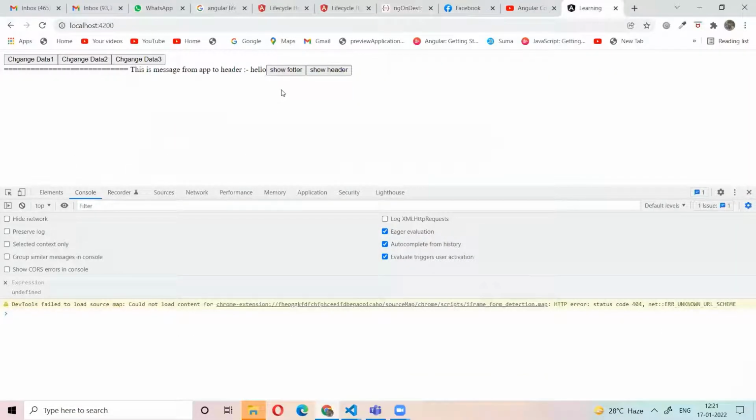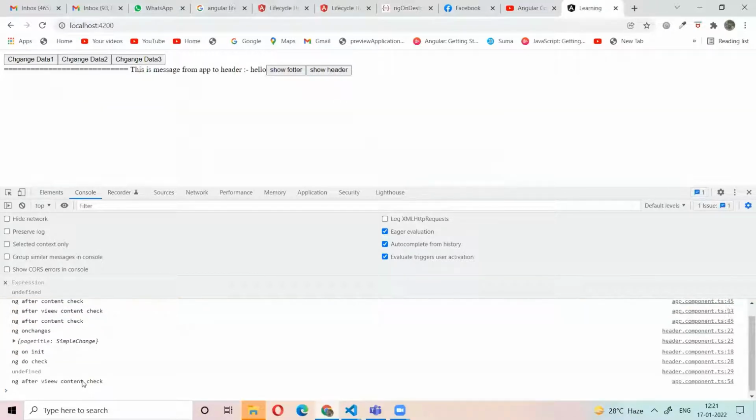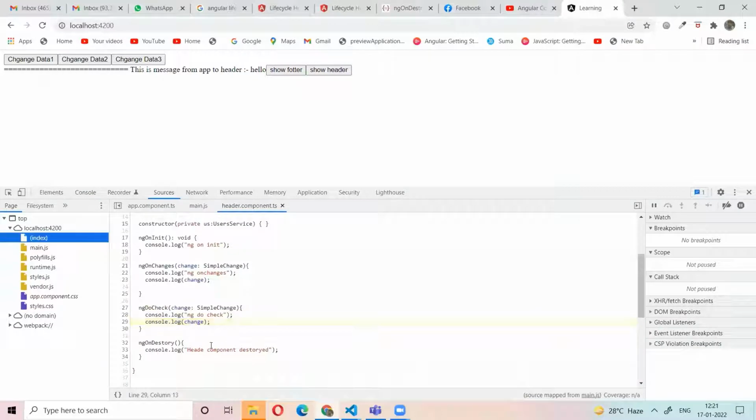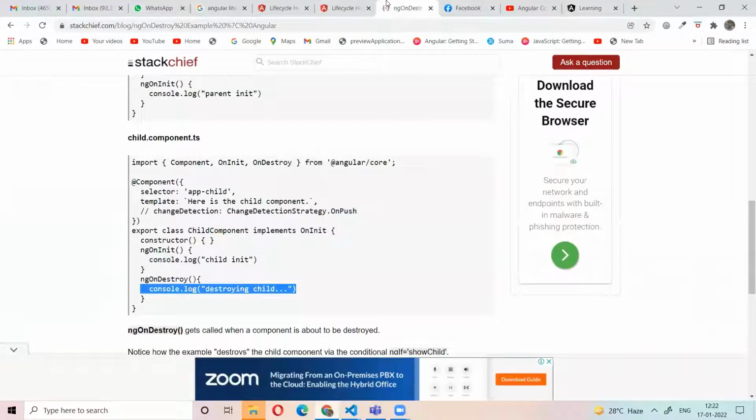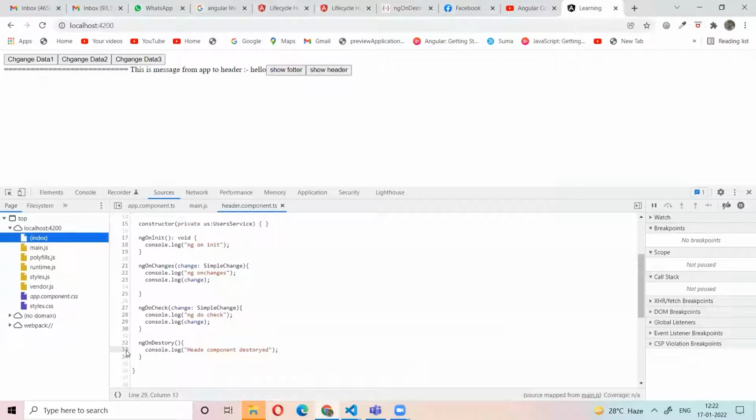So if you click the show footer, the header component will be destroyed and the footer component will load. Where is the component? ngOnDestroy on this side, right? I think this ngOnDestroy will be called.